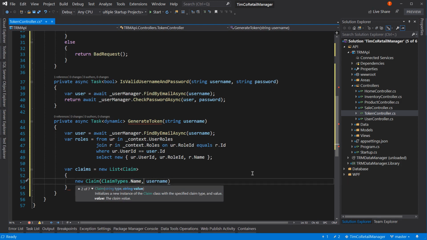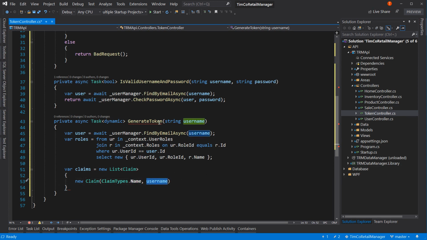So a claim is essentially a key value pair. And there are certain claim types that are default or standard. One of them is the user's name. And this all comes from a standard schema. If you mouse over, you can see the schema that it comes from for identity. So name, well, that's going to be our username. And so we're passing that back. Now, what's going to happen is it's going to